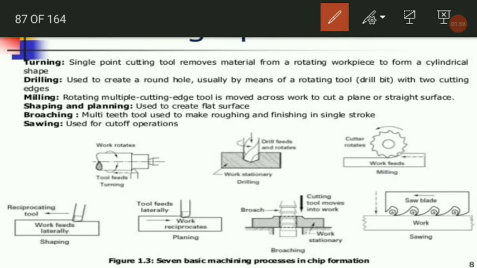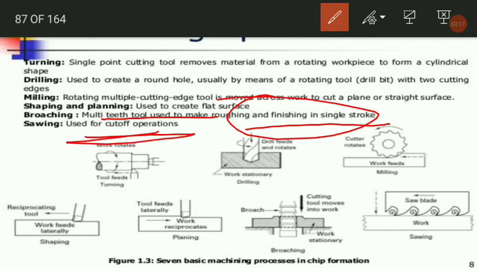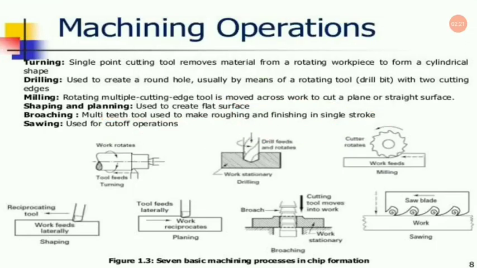Now next is broaching. Broaching you all know, that is a multi-teeth tool used to make roughing and finishing in a single stroke. That is a very versatile machine, the broaching machine. Okay, so in one stroke you are getting a rough and smooth cut as well. Now sawing, it is used for cut-off operation. So now if you carefully look at the diagrams over here,